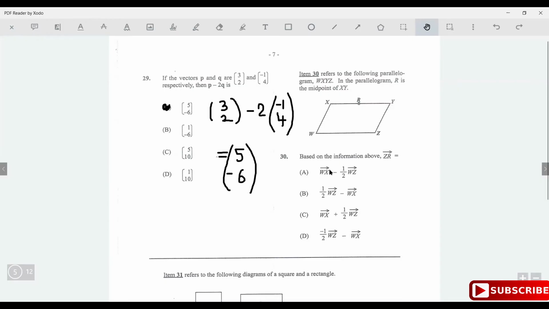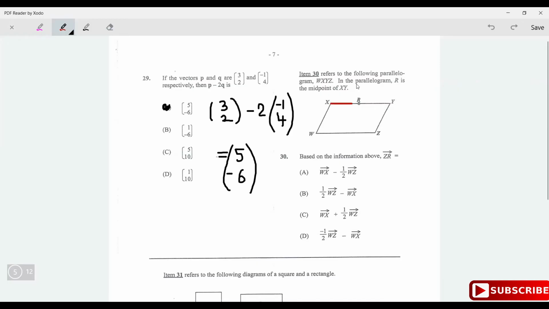Looking at it, all the options have something with WX. So since all of the options have something with WX, then we're using W as the origin, pretty much. Let's see. All right, so we know that